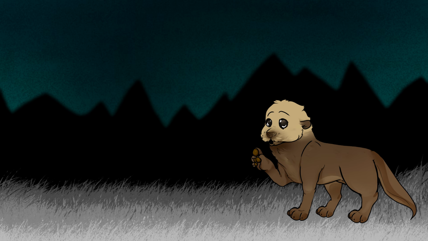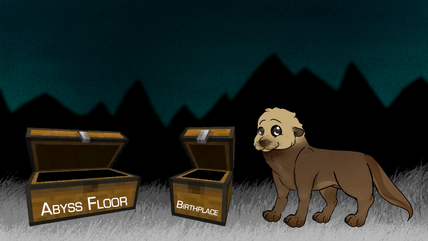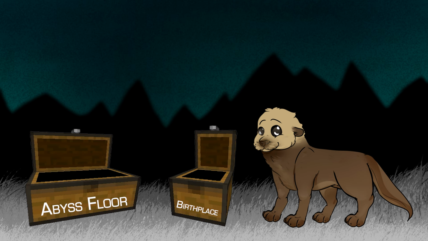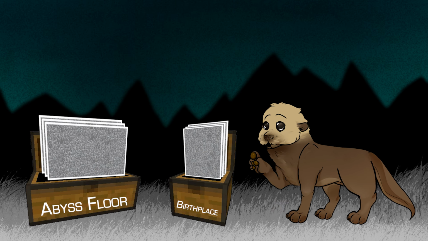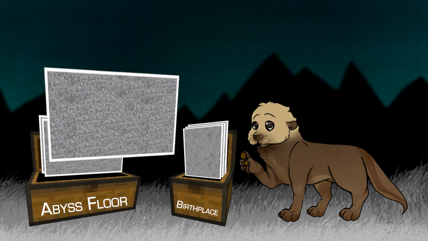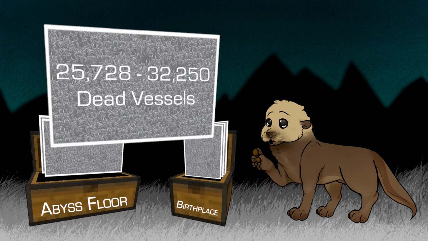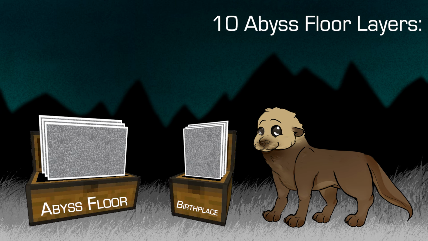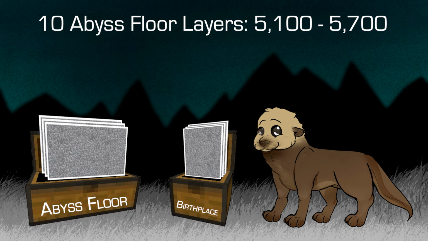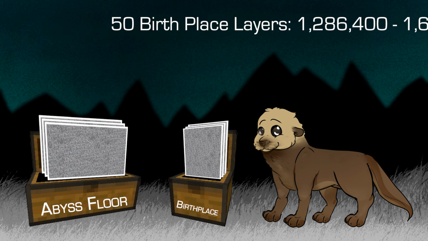Since we're dealing with theoretics, I'd like you to imagine these two areas as boxes. Now I open the boxes, and you see in each many of these white slates packed snug next to one another. See, these vessel ranges correspond with the possible number of vessels found within each slate, aka layer, of this box. That means if the abyss floor box contains 10 layers, that's an estimate of 5,100 to 5,700 vessels within the box. If the birthplace has 50 layers, that's an estimate of